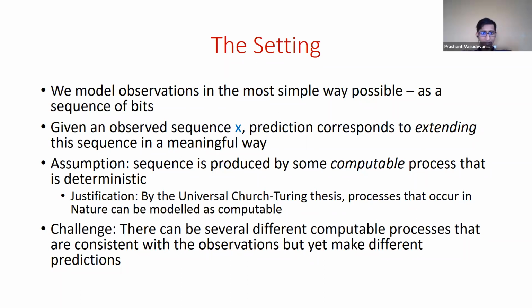You can also model the process as randomized and have a version of the theory that works for randomized processes. Because we're going to use Bayes' law and Bayesianism eventually, for simplicity's sake I'm thinking of it as deterministic here, but you can also do it for randomized processes. And that might even be more reasonable in terms of modeling what happens in nature.